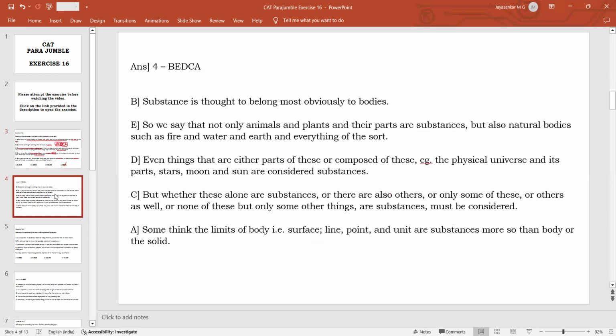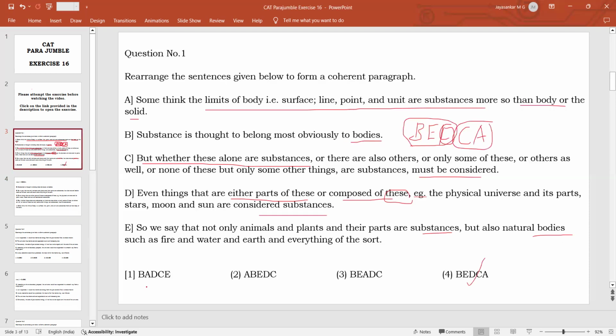So in such cases, don't go for this kind of trial and error, because I know many people who are going for trial and error instead of trying to find a logical connection between the sentences. If you take each option and try the trial and error method, that is going to be too time consuming. It is not going to help you in getting answers. Only when all other methods or techniques are not giving you the answer, then only you should go for this trial and error,